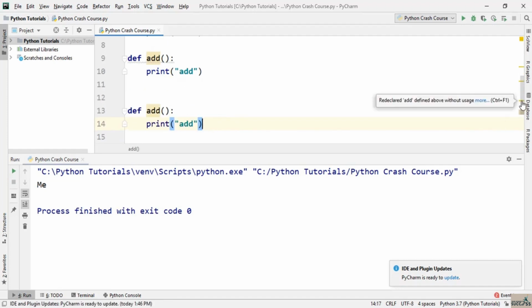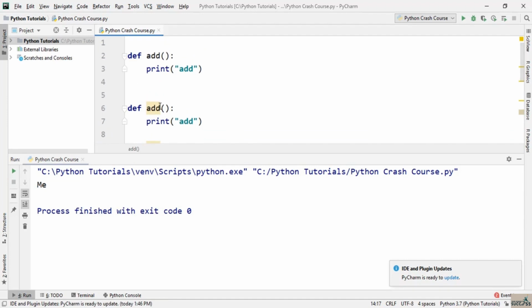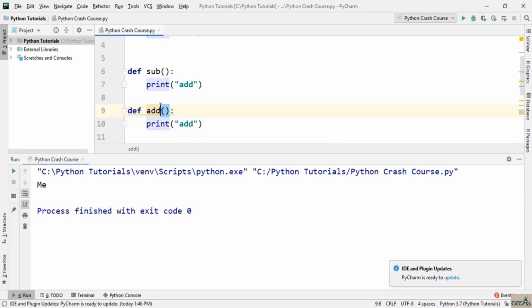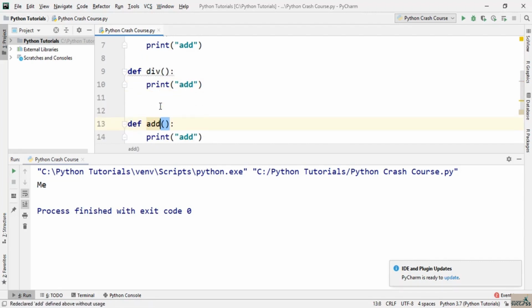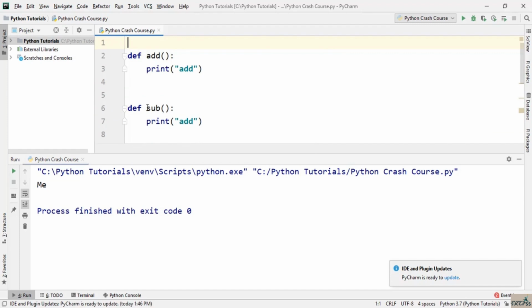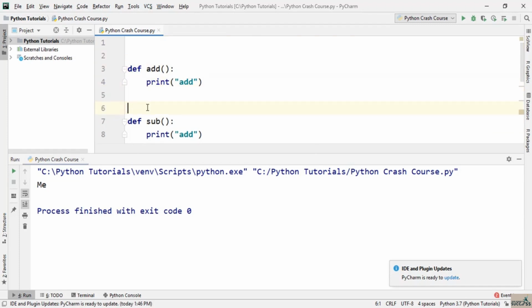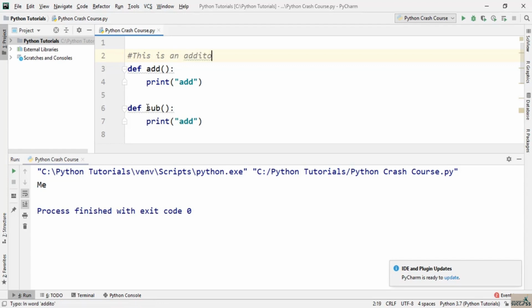Alright, so now let's rename it. The second function will be, let's say, sub, then the third function will be div, and the final function will be mul. Now in here, for each function, we can add a comment telling the user that this function is doing this thing. So we can add a comment for this addition function, and we will say that this is an addition